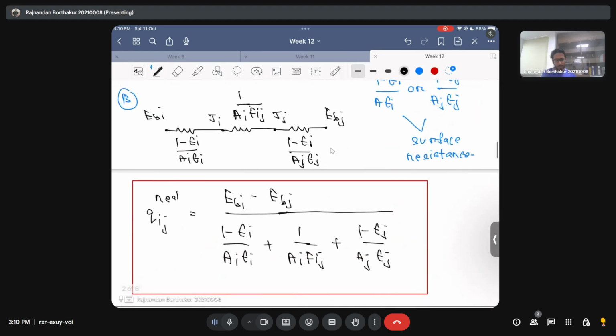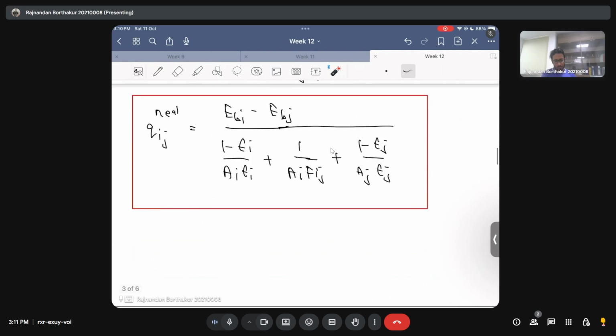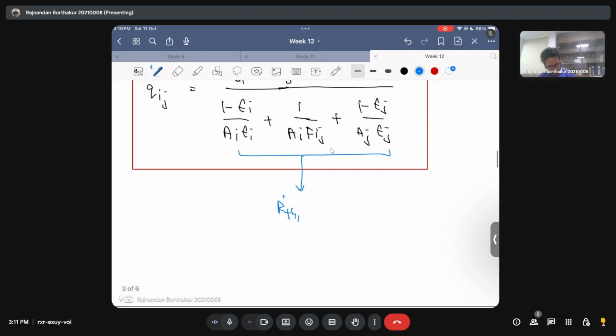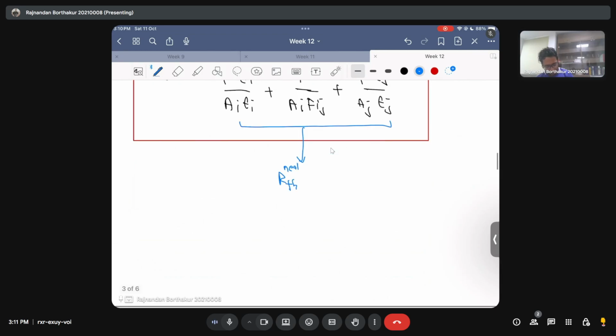Okay, so typically you can understand that since these two quantities are there, and you can eventually show that, if you expand these two quantities, for instance, I'll call this RTH real. It's the resistance for a real surface, which we'll call RTH real. So you can see that RTH real